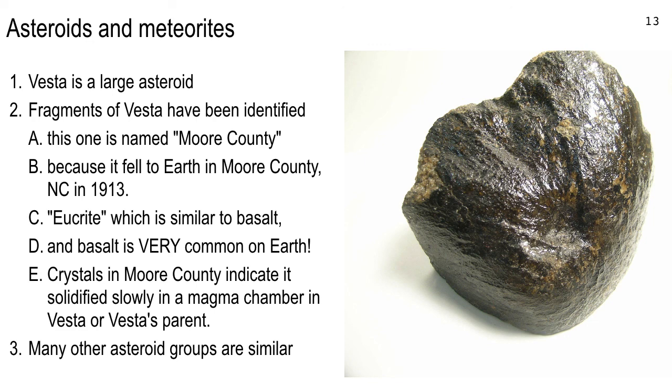And here's the cool part. The crystals, when what they do is they take a really good saw and they saw off a very thin, small, but very thin slice of these meteorites. And then they analyze it, like under a microscope. They shine ultraviolet light on it. They shine X-rays on it. They shine infrared on it, see what fluoresces. And they analyze it that way and stuff. And so the crystals in this one indicates that it was in a magma chamber, like down below Yellowstone National Park. There's a big magma chamber, Mount Vesuvius.